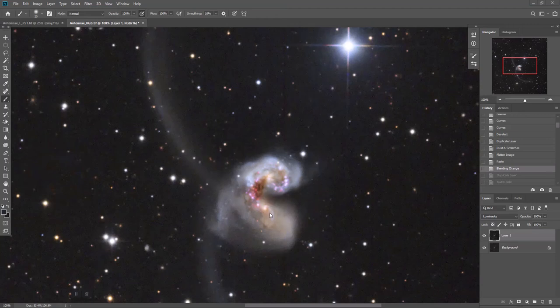So here we have a picture of the Antenna Galaxies, and I got this data from Telescope Live one-click data sets, and I've just put the luminance and the RGB together. So you can see over here the top layer is my luminance, the bottom layer is my RGB, and color's not bad on this, but